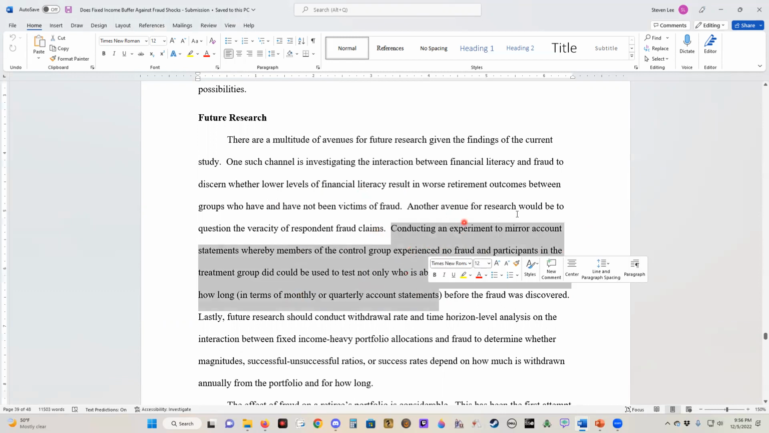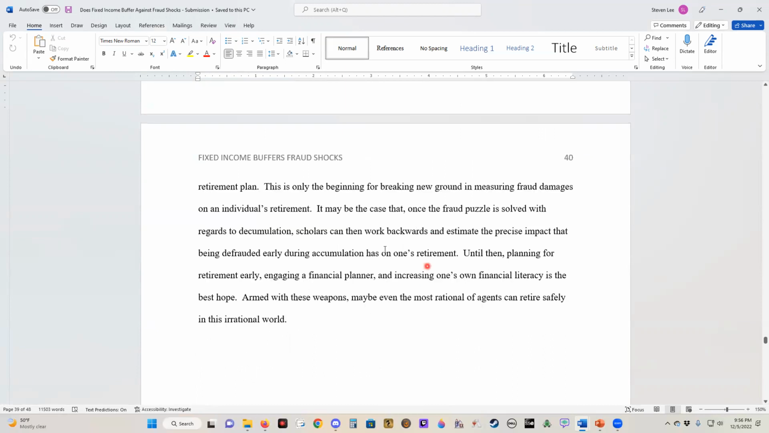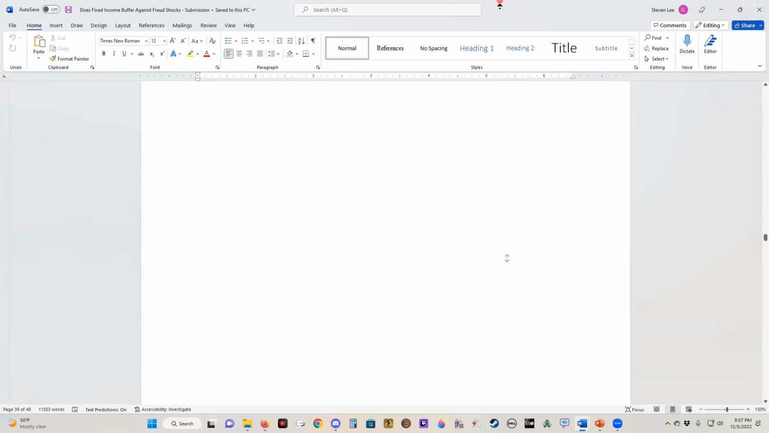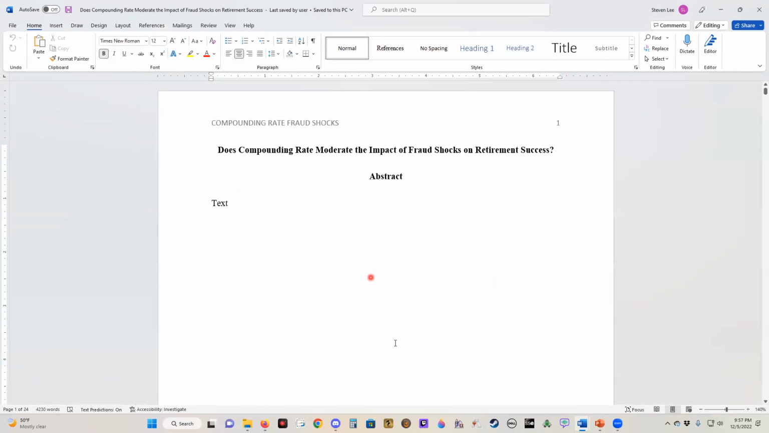And so I will reference this paper because it does talk about that. And then another avenue is to conduct withdrawal rate and time horizon analysis between fixed income and heavy portfolio allocation. So I didn't do any of these things, but what I am going to do, I'm just making sure there's nothing else in here. Okay, so what I'm going to do in the second paper, the follow-up paper, which looks like this, is